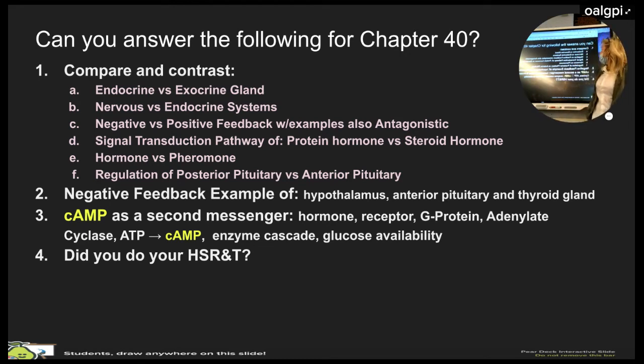Okay, did you read through those? Now, once again, where it says, did you do your highly suggested reading and thinking? For the final, there will be no highly suggested reading and thinking, because I'll put it in the quiz. So you could just take that off your plate. But that's here because I would use this review during the regular school year. Does that make sense?